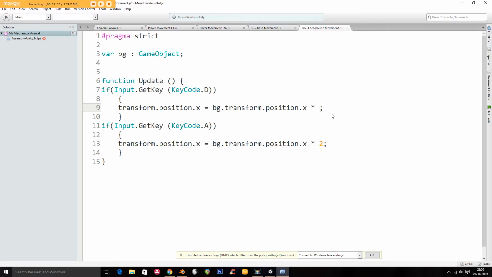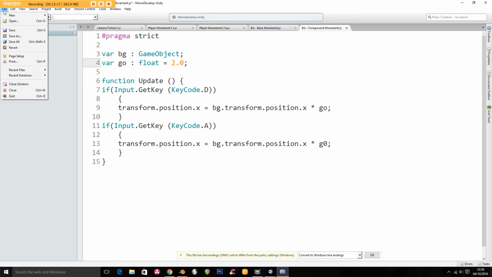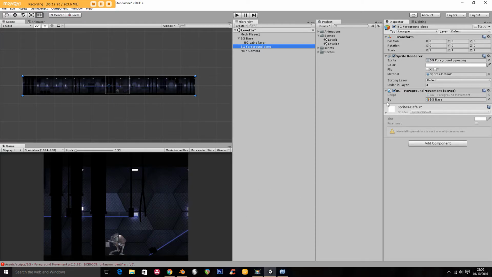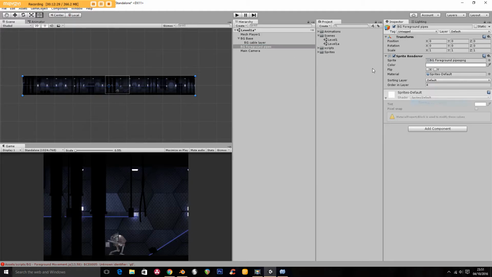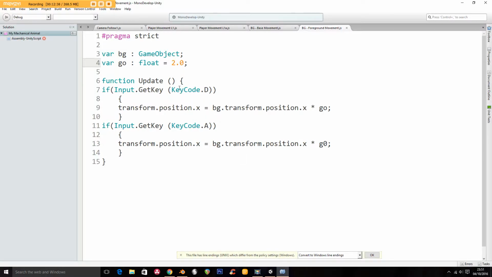Let's call this go. And we'll say variable go is a float equal to 2. That's pretty much the same thing, only we can access this in the inspector. So there's my foreground there, and I'll remove the component. Oh, I've spelt it incorrectly, so I'll put that on there. Go. Oh, I've put in 0. Fantastic, well done. So file, save,